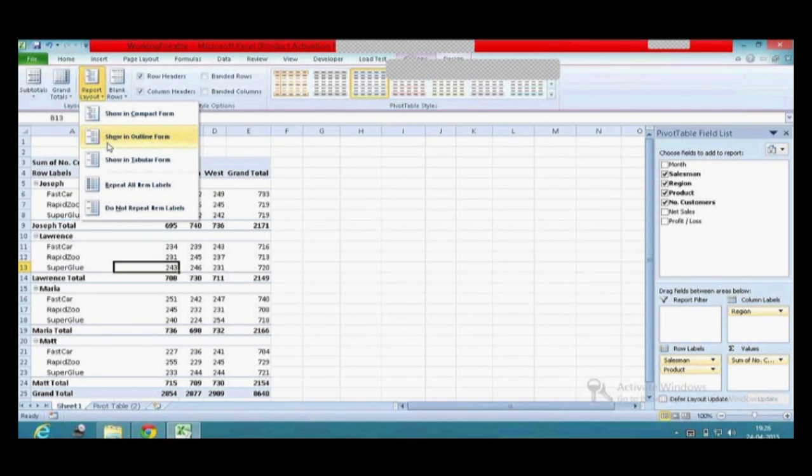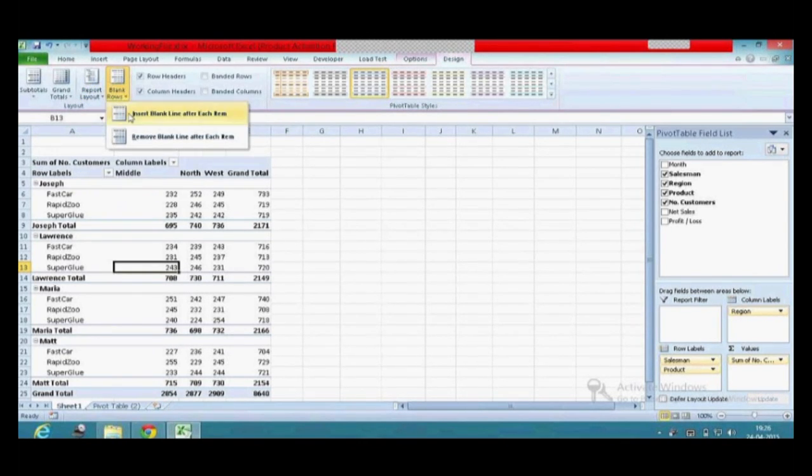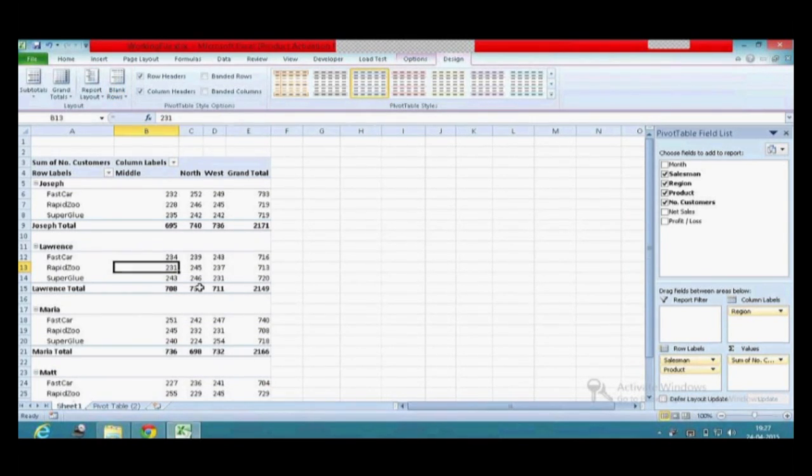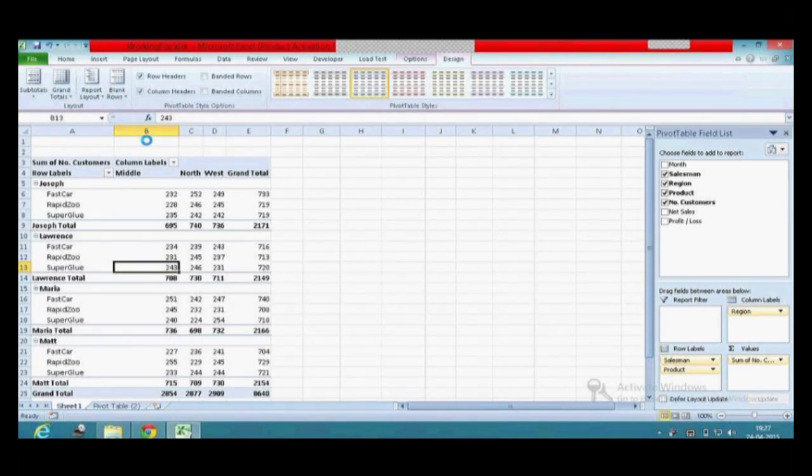It says insert blank line after each item so that you will get space. Do you see that? So you will get a space and your report will look more legible if you have too much data. Otherwise, you can remove them. These are the designs that Excel pre-builds for you. So you can choose a design that is suitable to your company's color combination. So your design will be ready.